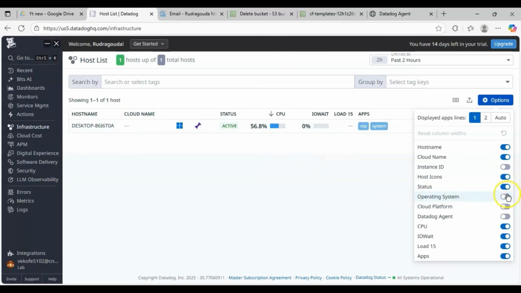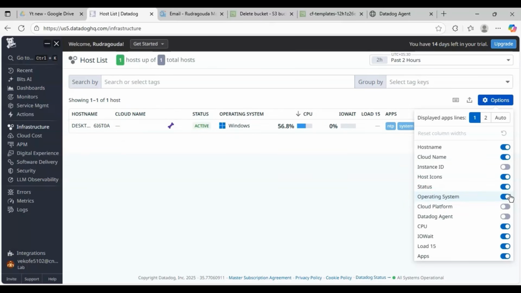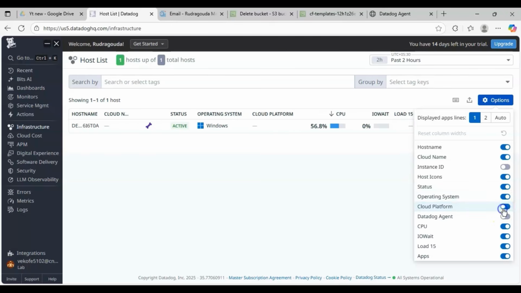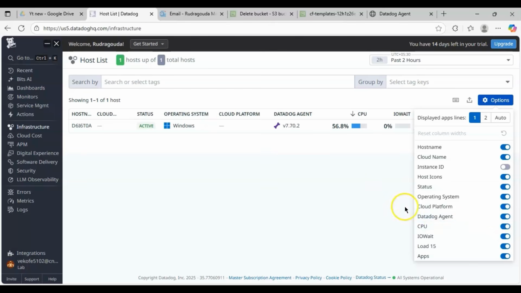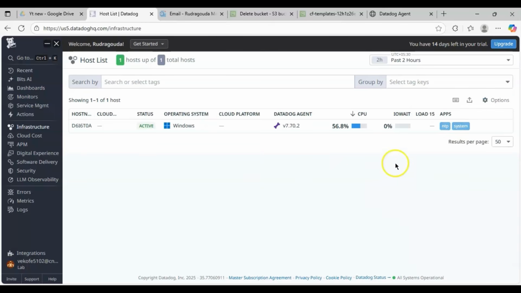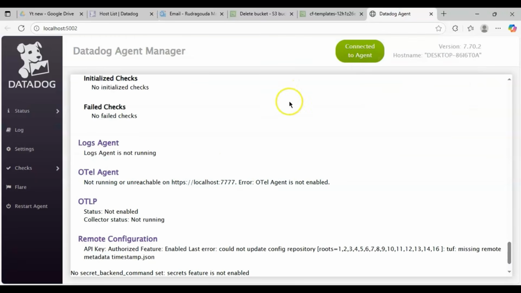Like that, whatever you want to see inside this particular section, such as the operating system, you can select that. Again, cloud platform. So if you want to see all that information, even the Datadog Agent information, just select all of it so that you are able to see everything here only. Like 7.70.2 is there, right? Even you got the same information when you opened it from the Datadog Agent Manager,